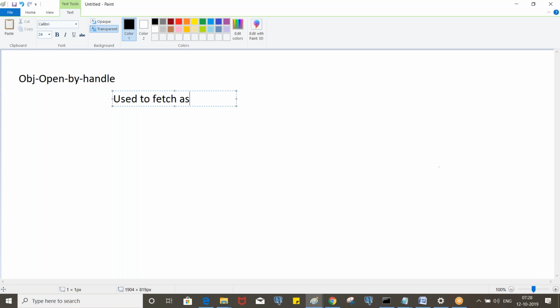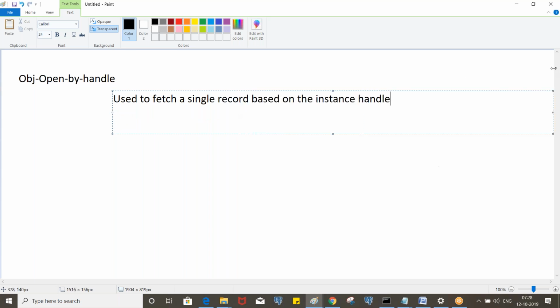Use it to fetch a single record based on the instance handle, from the database to the clipboard.